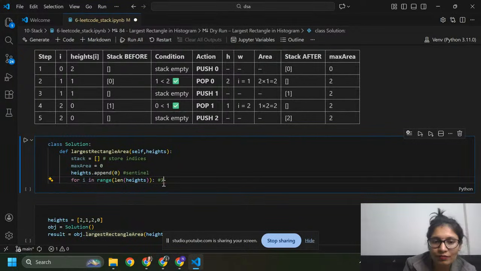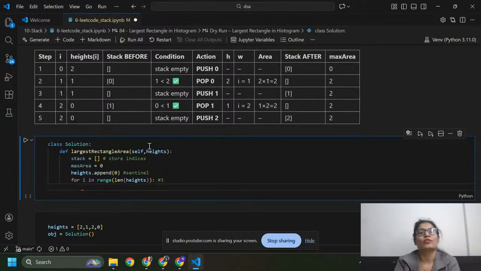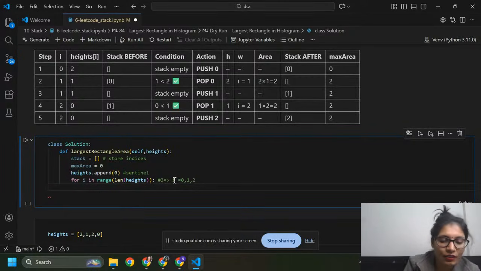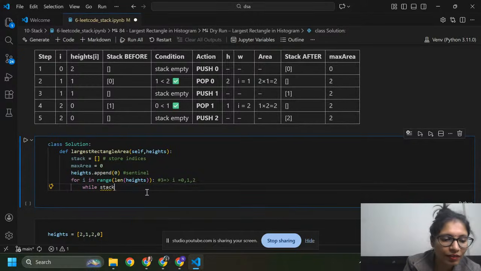So this loop will iterate over 0, 1 and 2, so i equals 0, 1 and 2. Here I'm going to use a loop: while stack and heights.